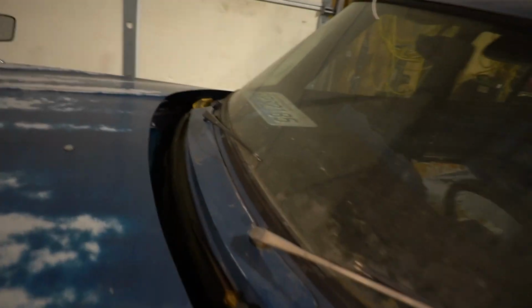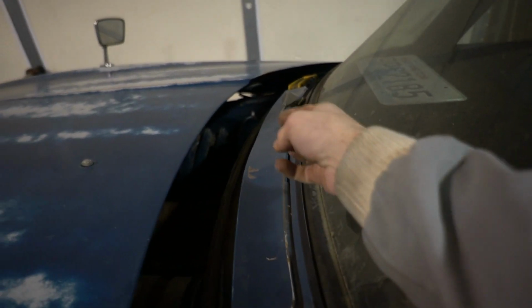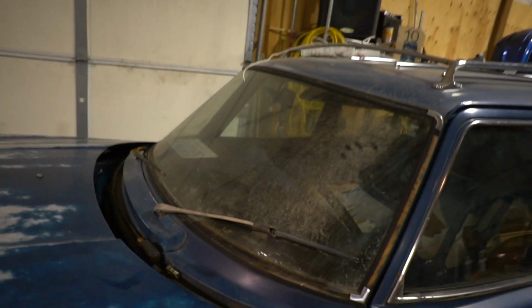Of course, it's going to need a new windshield wiper. It's probably going to need both. This is the only one that's still on here. That one actually was on it when I got the car, but it flew off when we were bumper towing it. So we'll have to replace the windshield wipers. I wonder if we can get this little windshield wiper fluid thing to work. There's only one, and it's in the center of the hood. I'm wondering if we can get that to work for the fluid